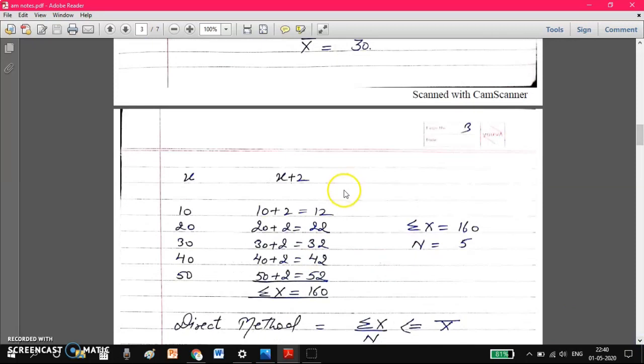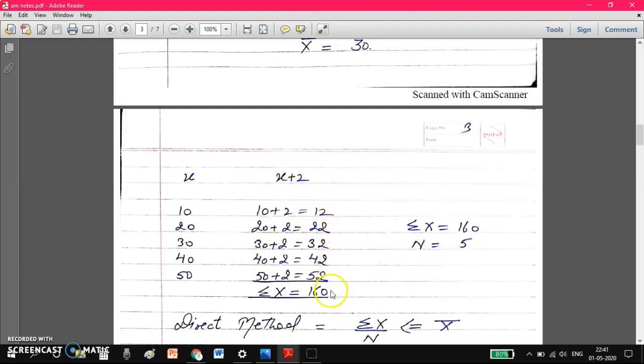Here we are adding 2. So students, any number can be asked of you to add to that X series. What you will do is add 2 to every number of the X series. Fine, here you'll add 10 plus 2 equals 12, and this is how you add 2 to all numbers present in the series, and in the end you do the summation of X. You need not write anything here, you just have to write X plus 2, whatever you add, you write here.